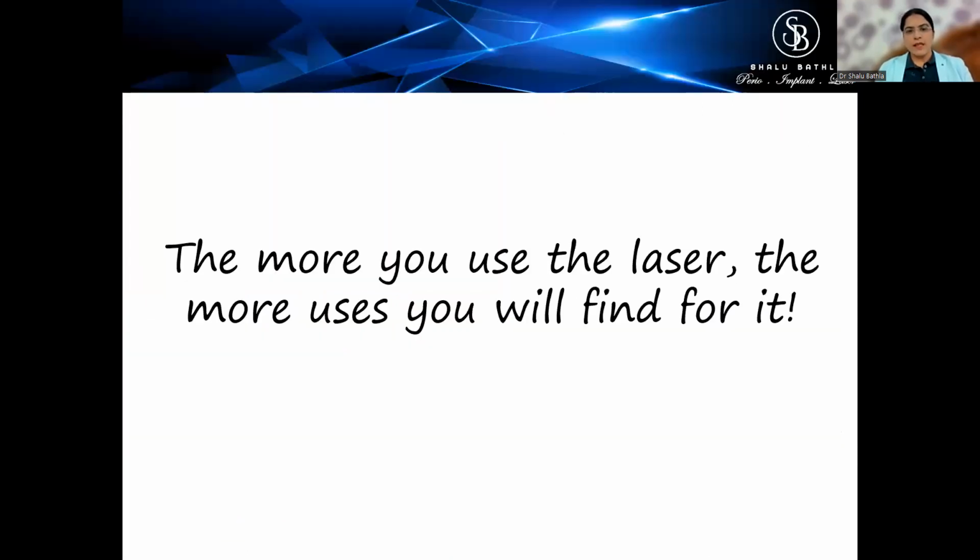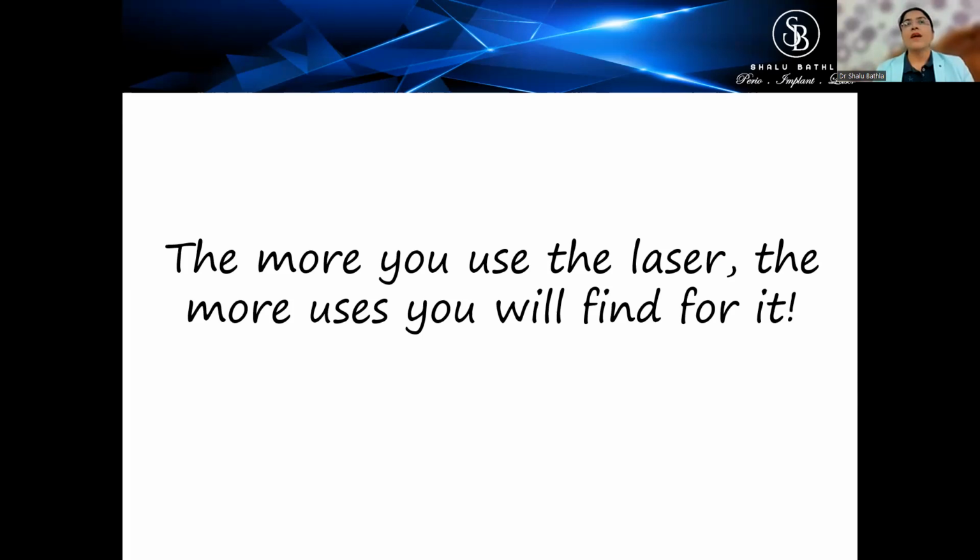So for the lasers, I can only say that the more you use the lasers, the more uses you will find. And believe me, it has actually happened with me also. I actually started using the lasers for when there is more bleeding, or when the patient is not compliant, so I would use the laser in such cases. But believe me, now I feel that the laser has a lot of uses.